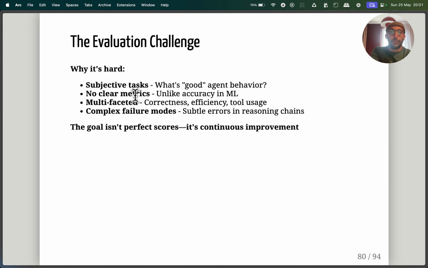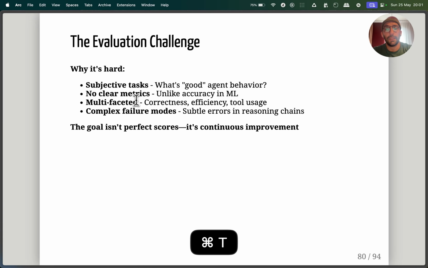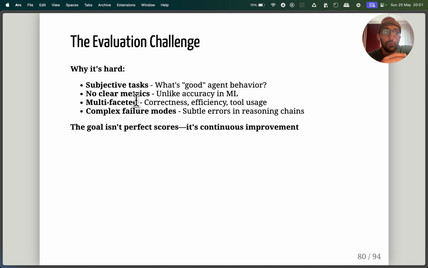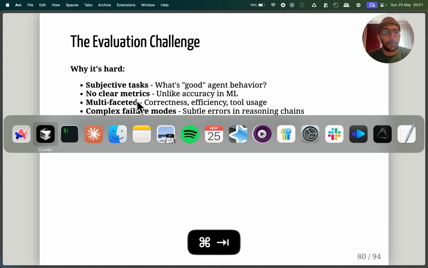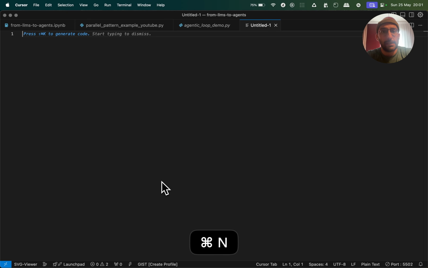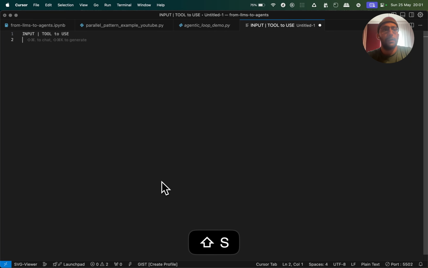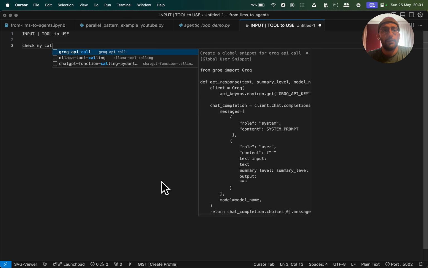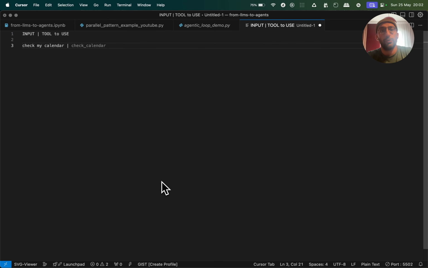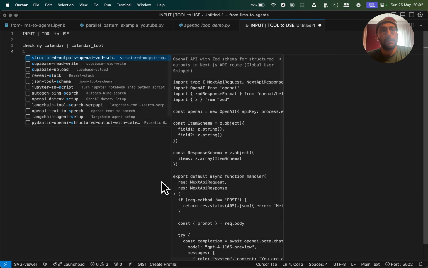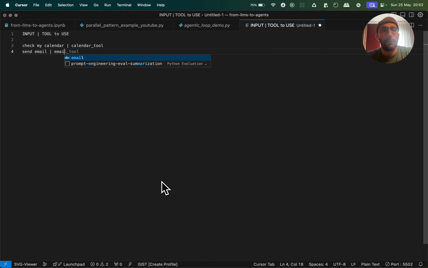They're just proxies, usually. For example, one proxy is to see for certain tasks if the agent used the correct tools, because we can have a simple data set of a task. For example, I could come over here and say input and tool to use. So check my calendar, it would use the calendar tool. Send email, it will use the email tool.